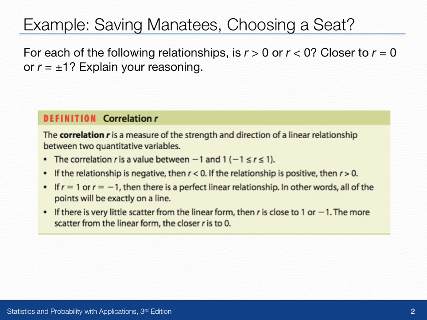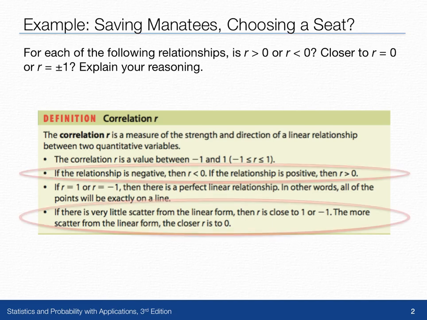For this particular example, we'll want to focus on the fact that if the points form a negative relationship or a negative pattern, then R is less than 0, whereas if the points form a positive relationship, then R is greater than 0. Also, if there's very little scatter from a linear form, then we can say that R is close to positive or negative 1, and that the more scattered the points are from linear form, the closer R